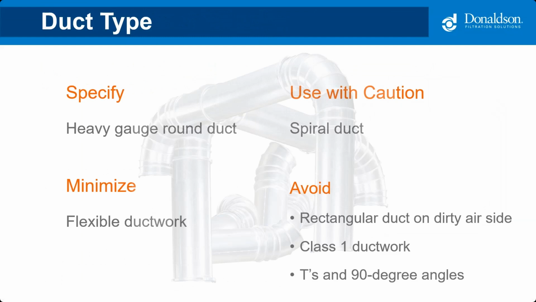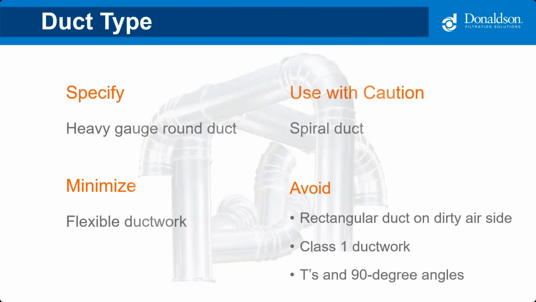Just a few quick pieces of advice when it comes to duct type. Rectangular duct, which is commonly used in HVAC applications where you're moving only air, is not necessarily a good option in industrial applications because it could allow dust to settle out in the corners of the duct. It is okay to consider, though, for the clean air side. When specifying industrial duct systems, make sure to call out round, heavy-duty industrial ductwork. Most dust collector applications will use a class 2, 3, or 4 ductwork, which are designed to